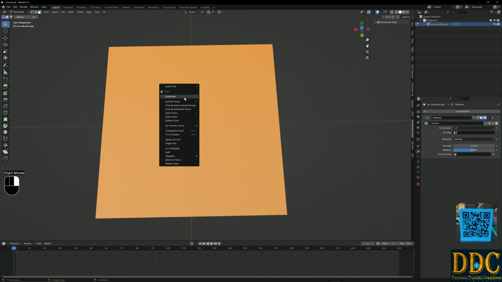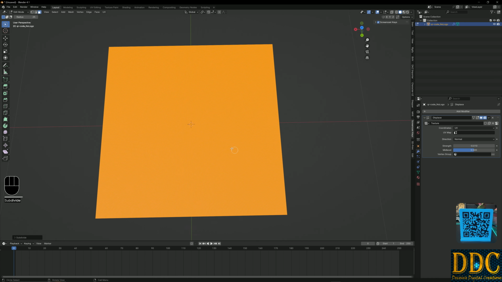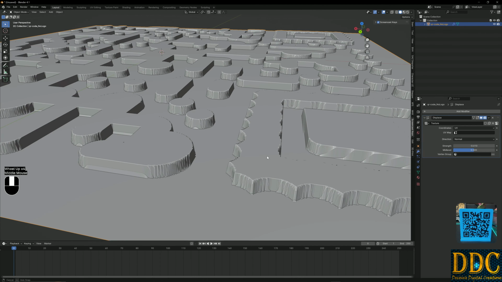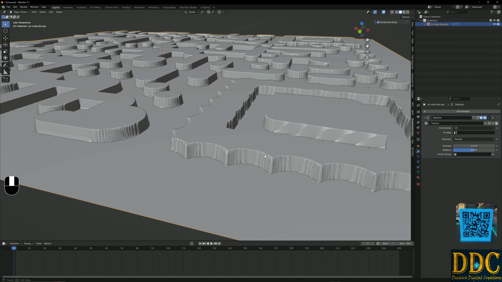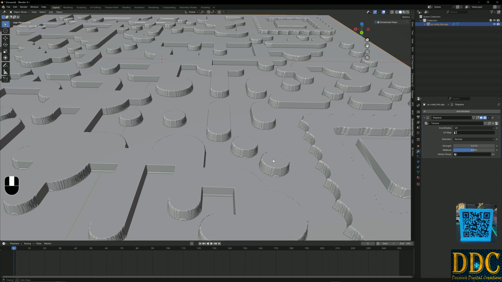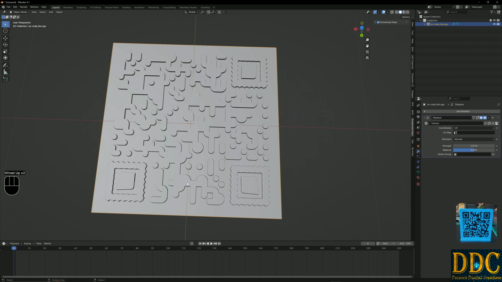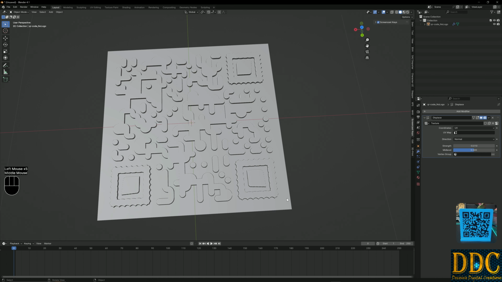So we can subdivide this out some more. And I just did one more time, and notice how much cleaner some of the edges got. A little bit, it's not perfect, but trust me, when this prints, it will print very nicely. The other thing you can do, so we have our displacement modifier added, and I'm going to come up here